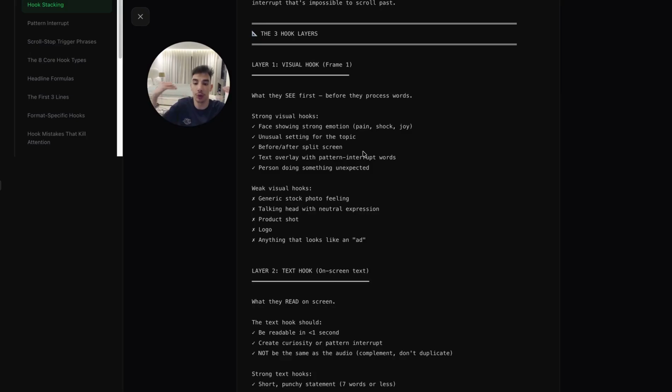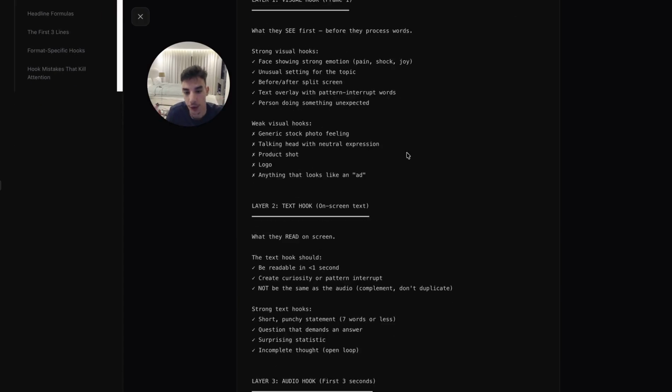If you remember, when we did the breakdown of Pet Lab Co, they showed 3D animations of the ears of a dog, then they put in a cotton swab, and inside of that there is some kind of sticky material. All of that is visually interrupting. People are going to scroll, notice that, then stop, and then they're going to be hit with the vocals and